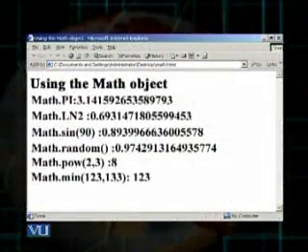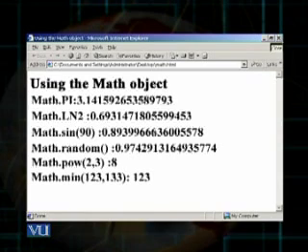Let's have a look at the result. Using the math object appears as an H1 heading, then math.pi, because that was within the double quotation mark, therefore it appears as it is, and then the value of pi, 3.14159 etc. That value is automatically picked up by the browser from the system and then that value is written against math.pi.